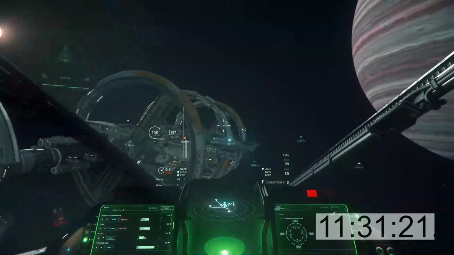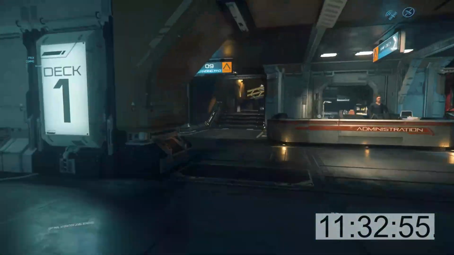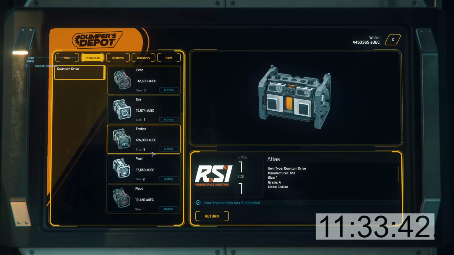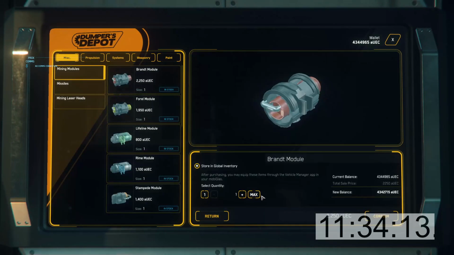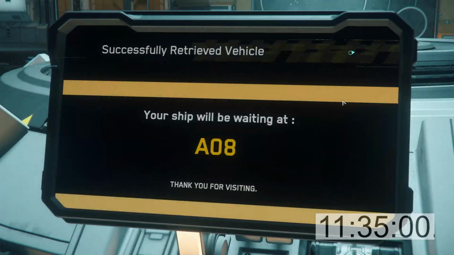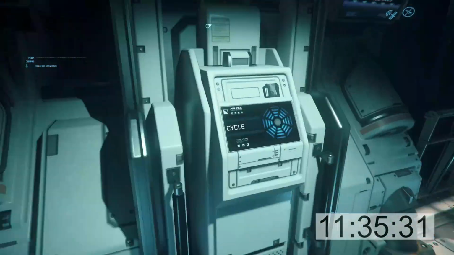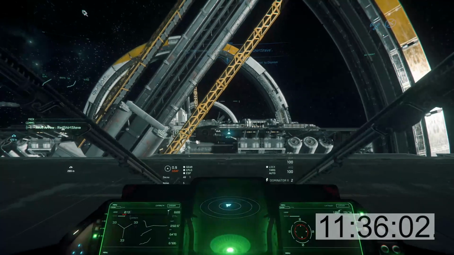So at 11.5 hours, I hit my target. I got 4.5 million credits in the bank, and that's going to be enough to move on to our next stage. So before I leave Port Olisar to go and actually buy these ships, I'm just going to make sure that I pick up the 2 jump drives. It's always worth checking Erkul before you leave for what your ship builds are going to be, and where you're going to buy those parts,